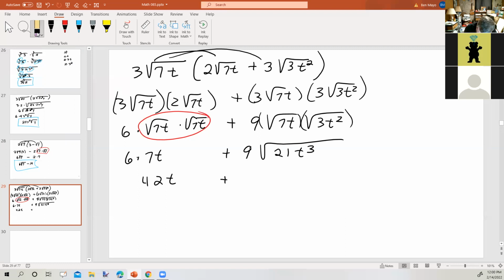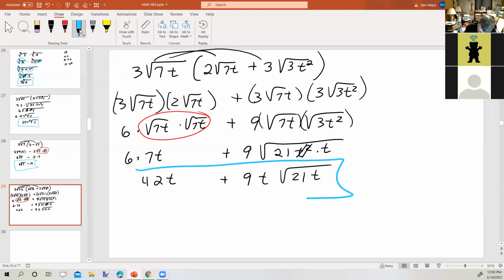Actually, I'm going to leave it as t squared times t. I can't do anything to the 21, but that's going to give me a 9. The square root of t squared is a t outside, and inside I have the square root of 21t. So my final answer